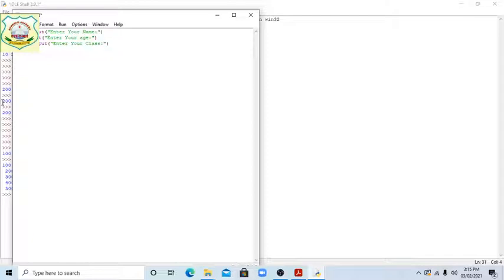Okay, now students, we will write the print also. This is the input we have taken. Now we will show the output also. So print your name is.